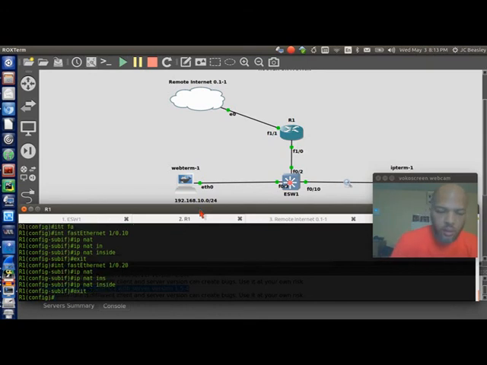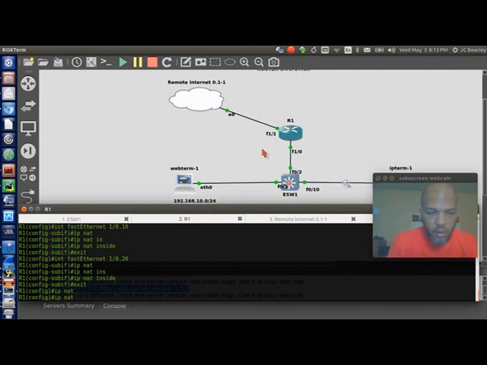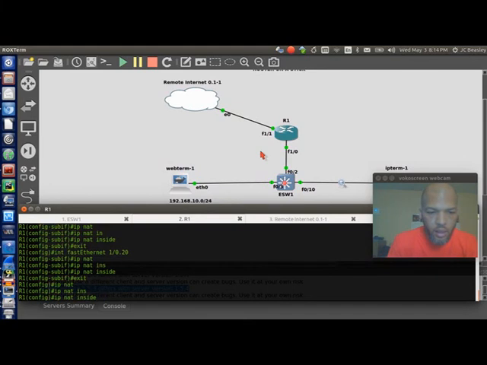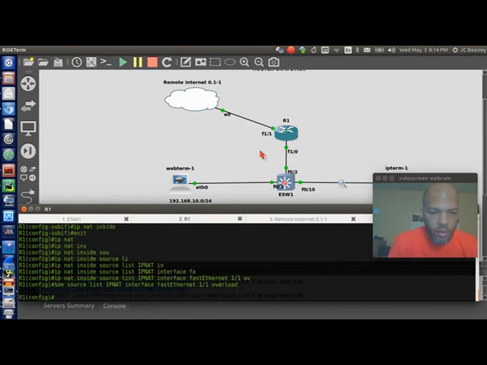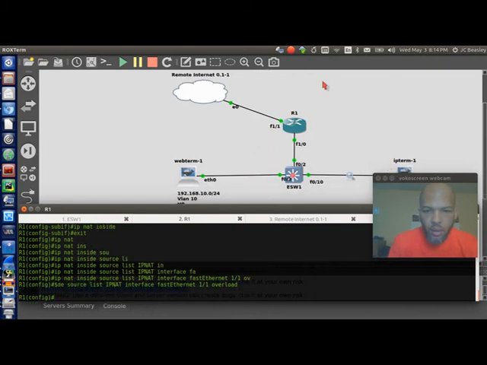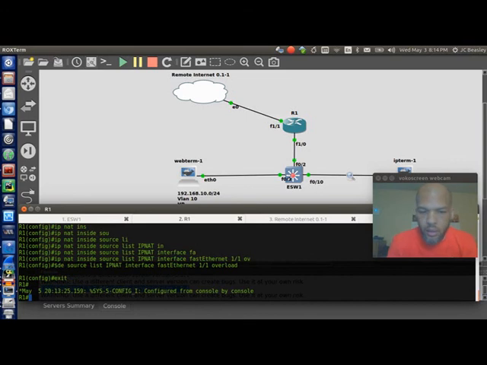exit, and then we're gonna say IP NAT inside source list IP NAT interface fast Ethernet 1/1 overload, and we'll hit that up. Okay, we'll exit, and okay, show